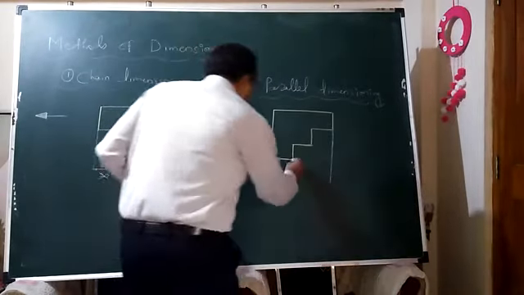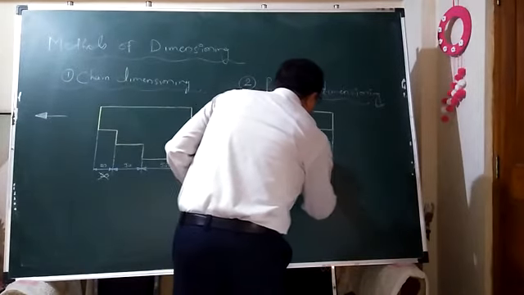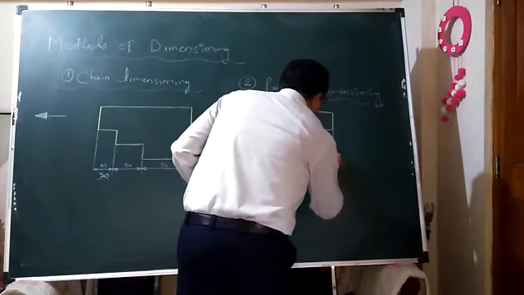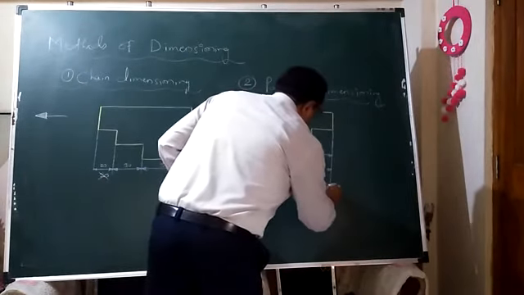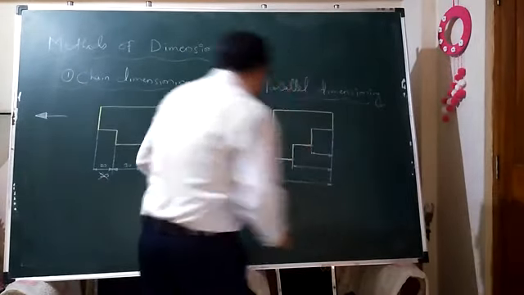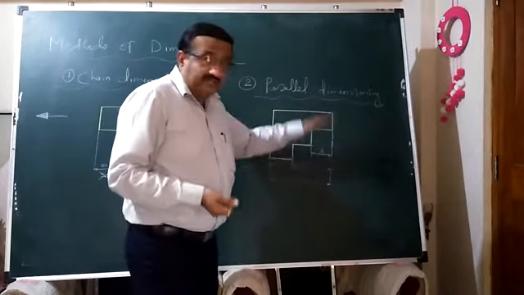From each and every segment, every step, you extend an extension line. Separately, all the three dimension lines you have to create in this way. This is the first dimension line I have drawn here. Second will run from this extension line up to the right extreme common extension line, and the last one is nothing but left extreme to right extreme. In this way, suppose this is A, this is B, and this is C. So all the three dimension lines are parallel to each other in this case.